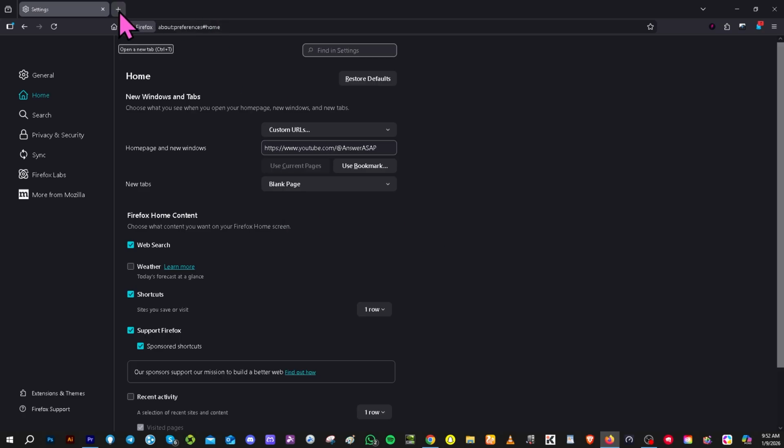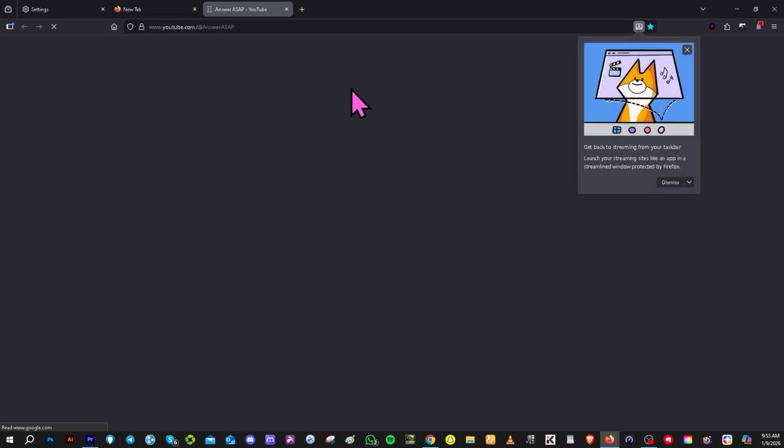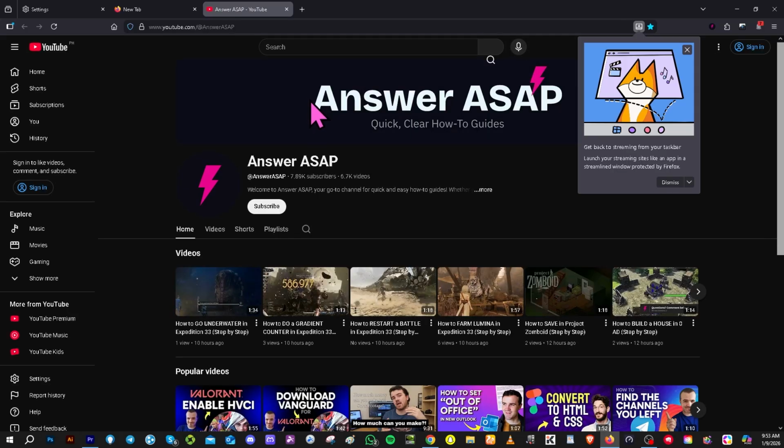Okay, so every time you open a new tab, you will be forwarded to a blank page. But if you go right back to the home page right here, you will be forwarded to the specific URL that you pasted in those settings. All right, and basically that's how you change the homepage in